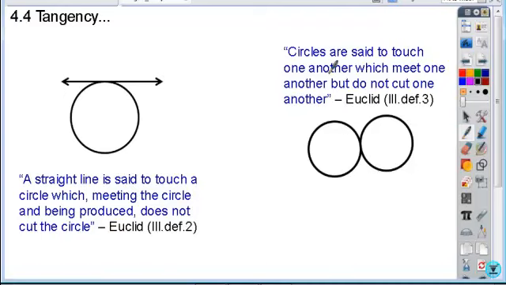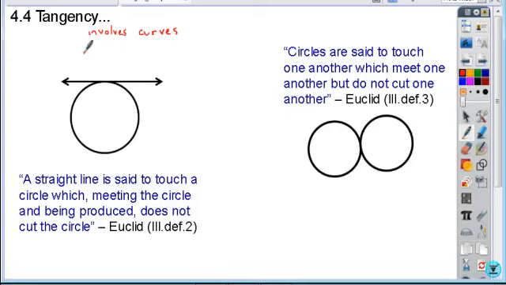This next concept that we're going to cover in 4.4 has to do with tangency. The one thing that is true for tangency is it involves curves. In order for things to be tangent, you have to include a curved figure, or a curved side